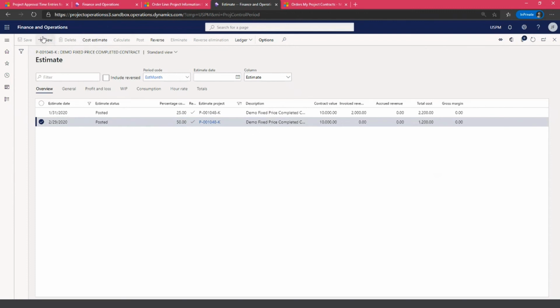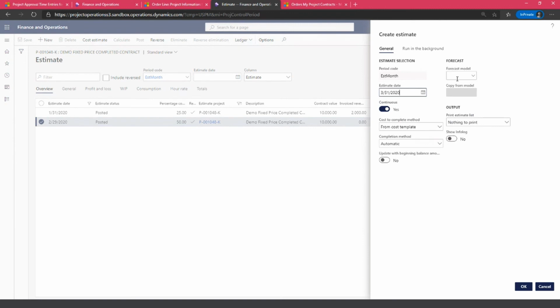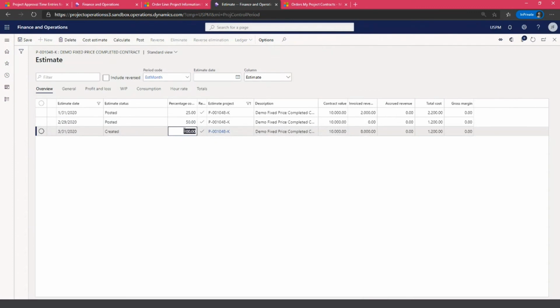And I will calculate the last one for March, and I will take again the same revenue recognition method, automatic. In this case, as my project is ending in March, instead of taking that total cost actual, if I say I'm ready to close out on this project, I can set cost to complete to 0, meaning that I have completed everything that I planned for this project. At this point, my percentage complete gets to 100%,